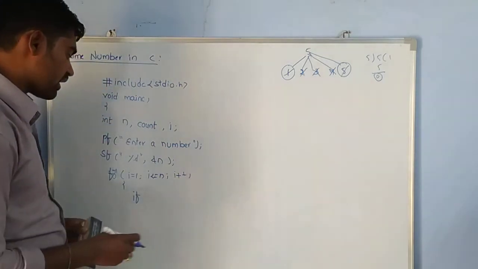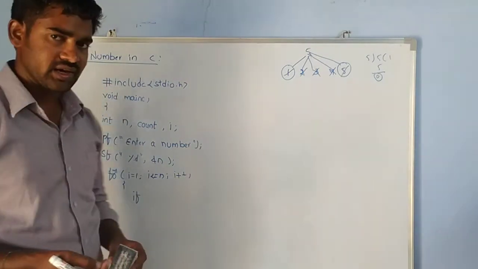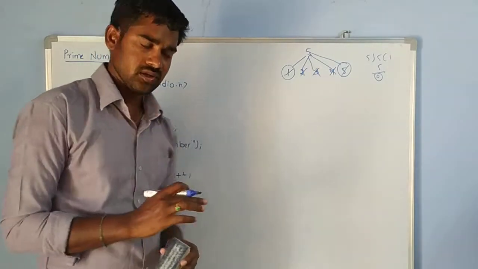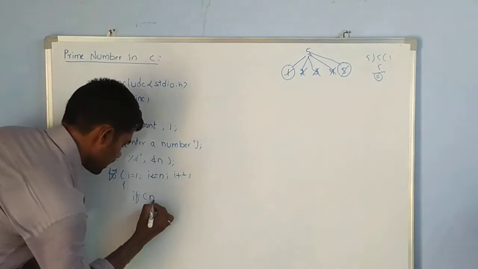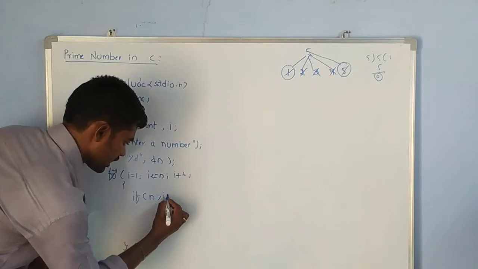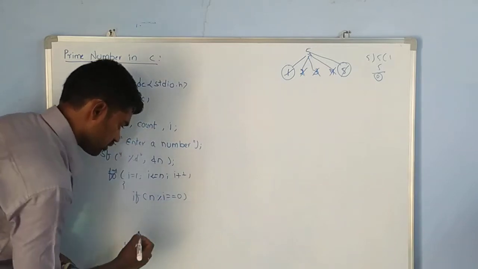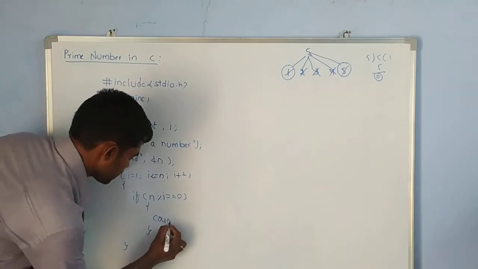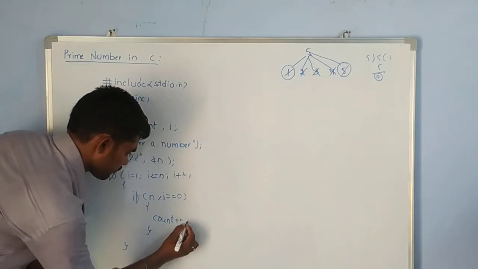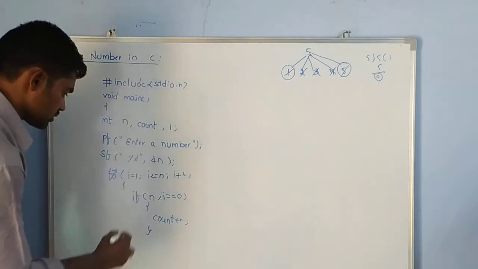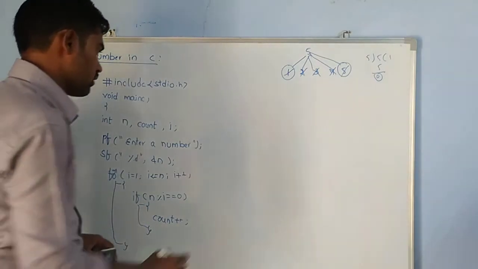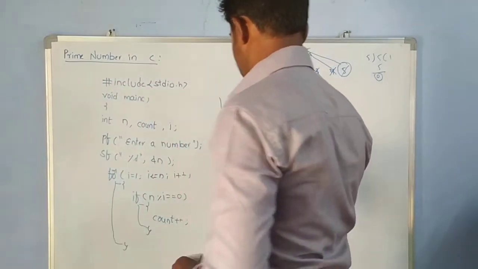Here I am using another logic. When we get the remainder 0, then we can say that it is a factor of that number. For that purpose I am writing if n % i == 0. Then we need to increment the count. So this is the block of if, and this is the block of for. Now we'll write a condition here: if